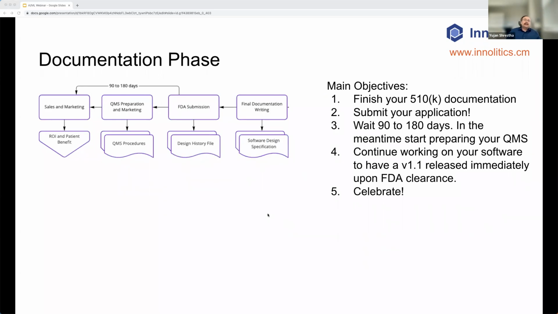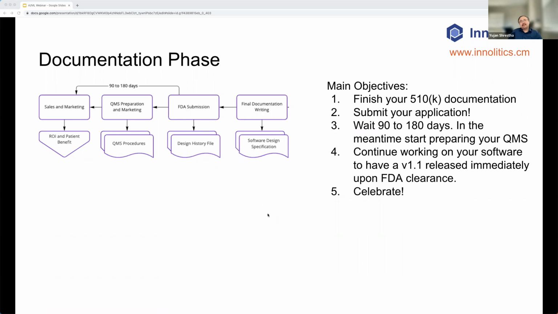So the final phase I've written here, the documentation phase, just to be clear, this documentation happens in all the phases. But I've written it here just to make it clearer, just to make a nice diagram, and also it does tend to be a little bit heavier on this phase. At minimum,